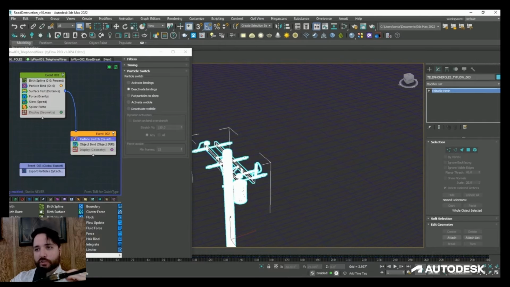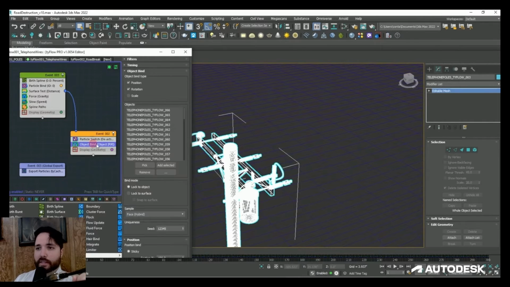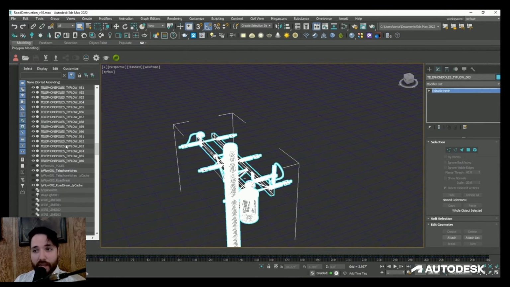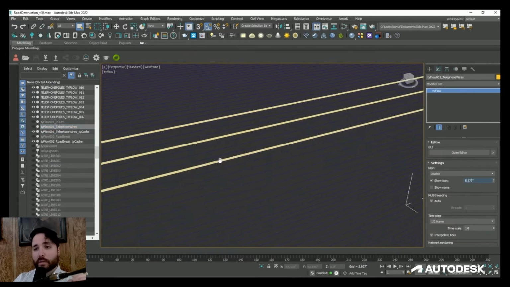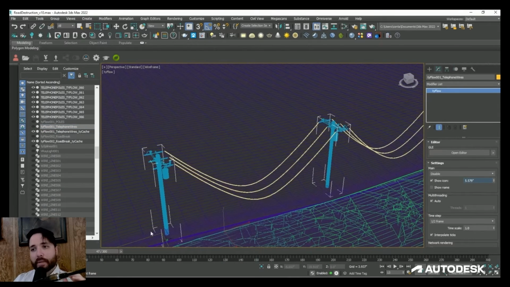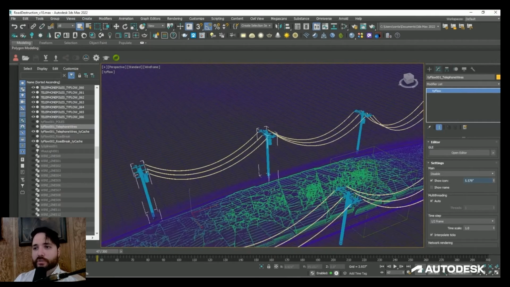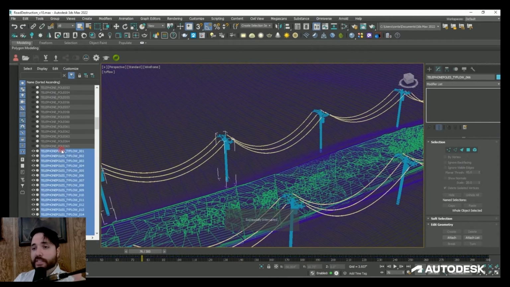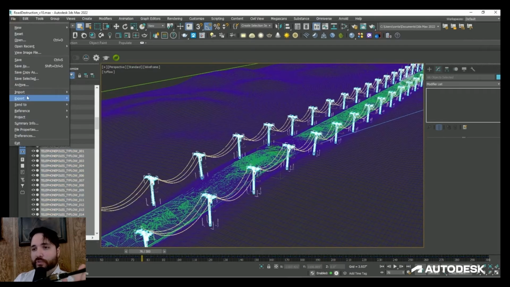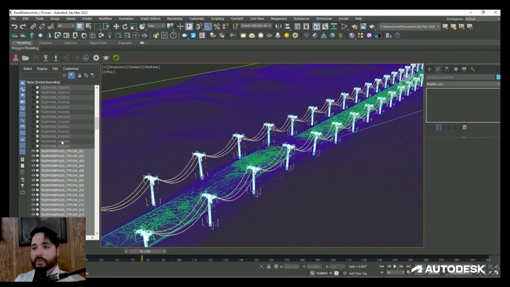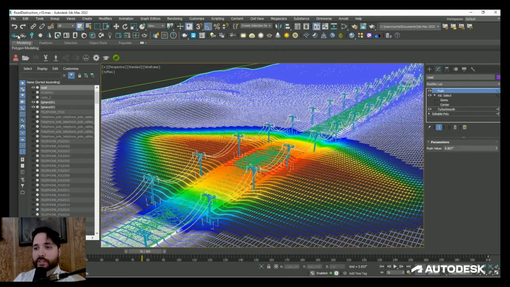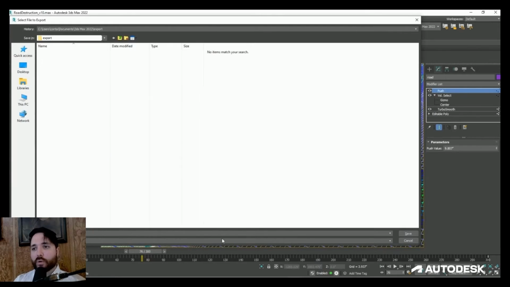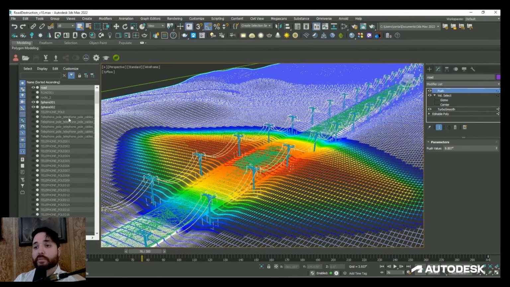Next, for the wires, I created these 2-point splines which would line up between the telephone poles. I then added them into their own TyFlow simulation using a birth spline operator, which births particles along the lengths of each spline. And then by using a particle bind operator, we can bind each of those spline particles to their adjacent neighbors so they act more like a rope. And then by adding a surface test operator, we can test for proximity to the other telephone poles and then disable and bind any particles that are within a certain threshold. That way, when the gravity force is applied, the spline particles then hang down like a rope with their endpoints still attached to the telephone poles.